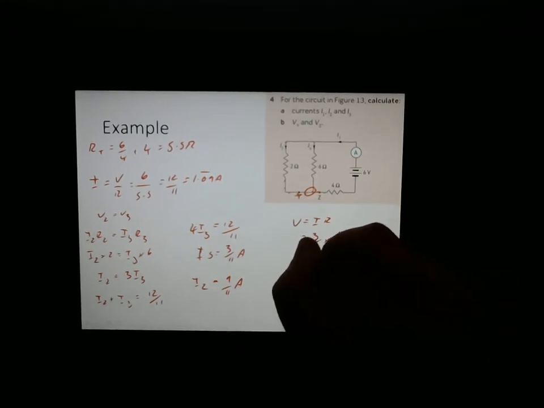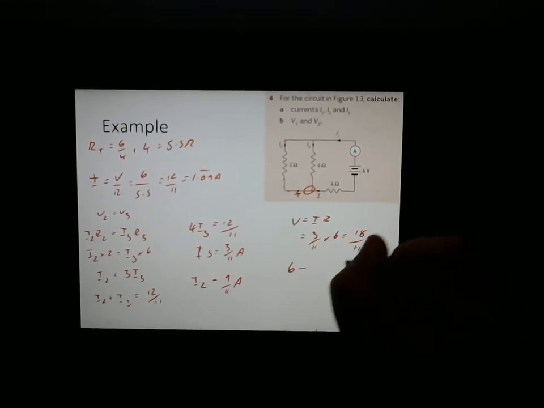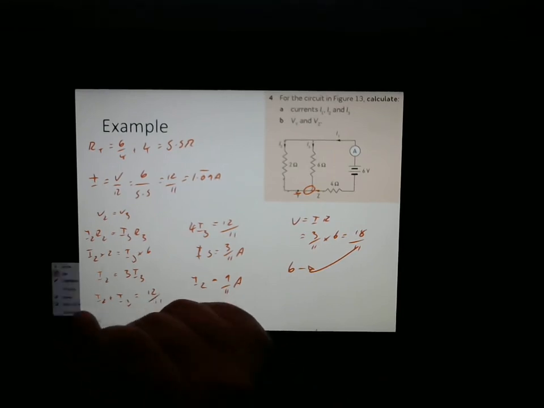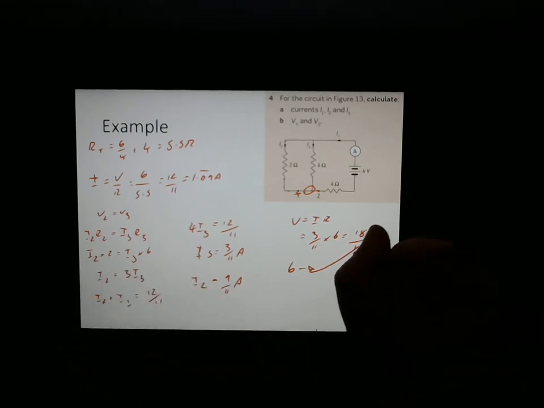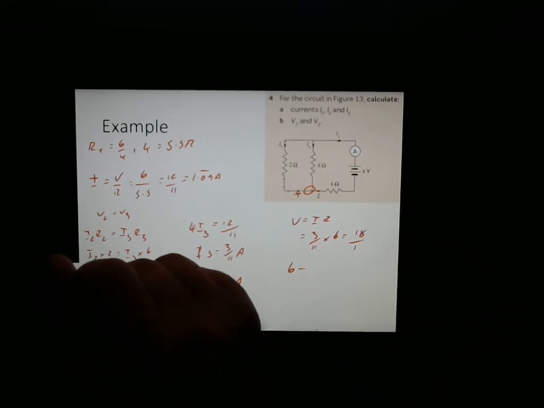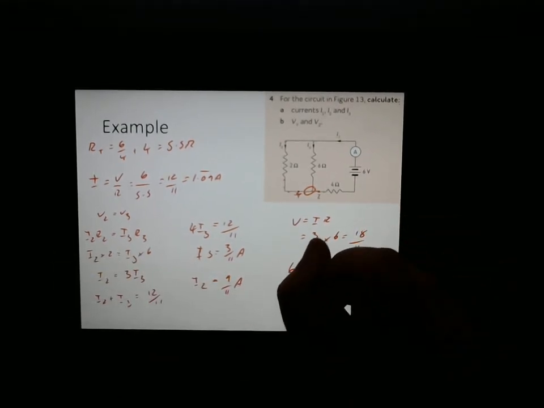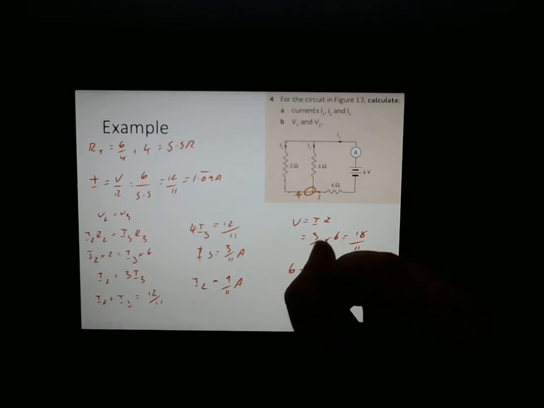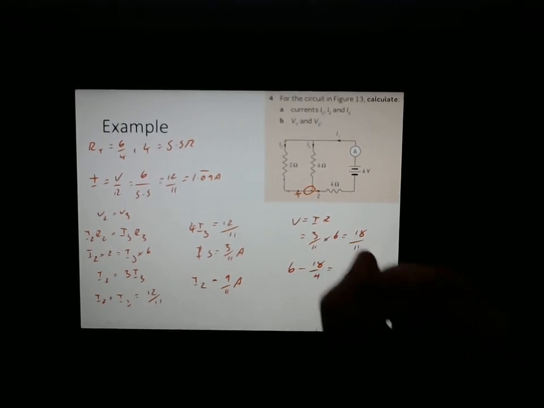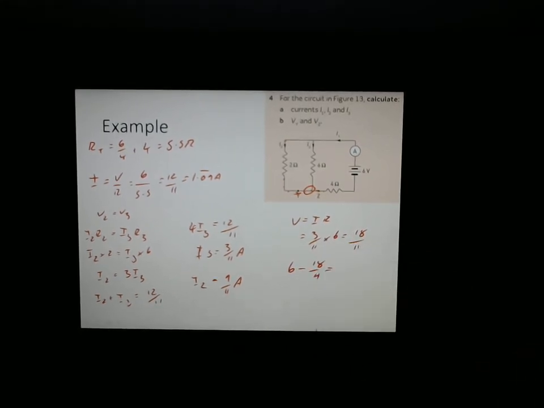And so the voltage starts off at 6. Should be 11. 6 take away 18 over 11 equals, well, let's chuck that in, 6 take away 18 over 11